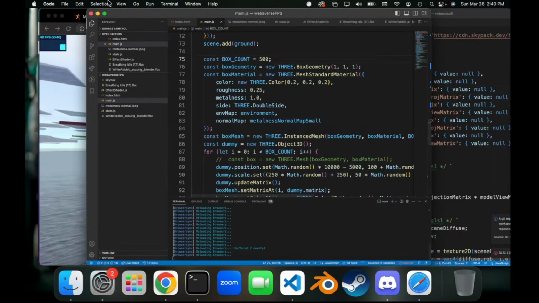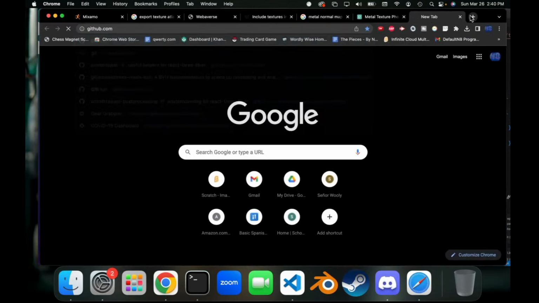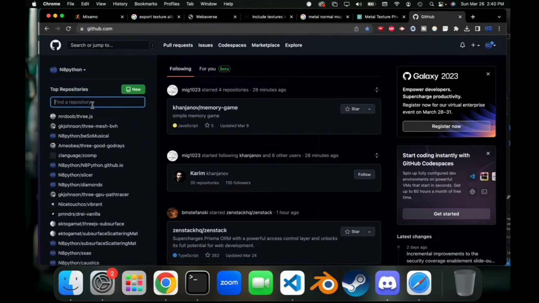So in order to do the reflections, I am going to go get a mesh reflector material, because I think the ground should have reflections. The rest of the game can do without them. So we're going to go get mesh reflector material from